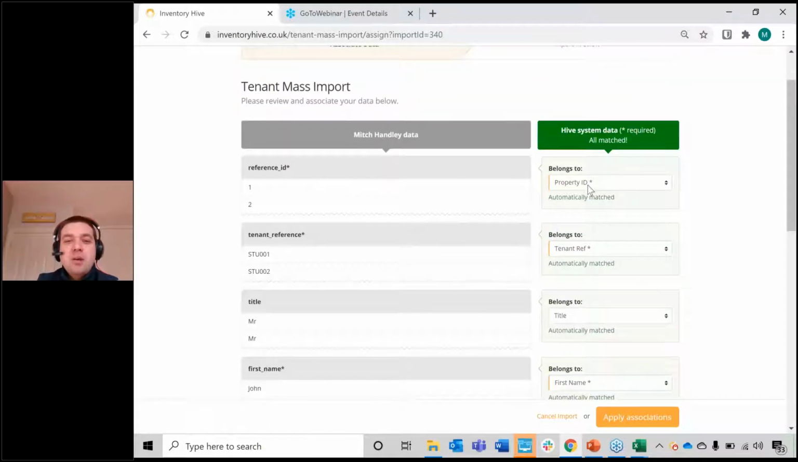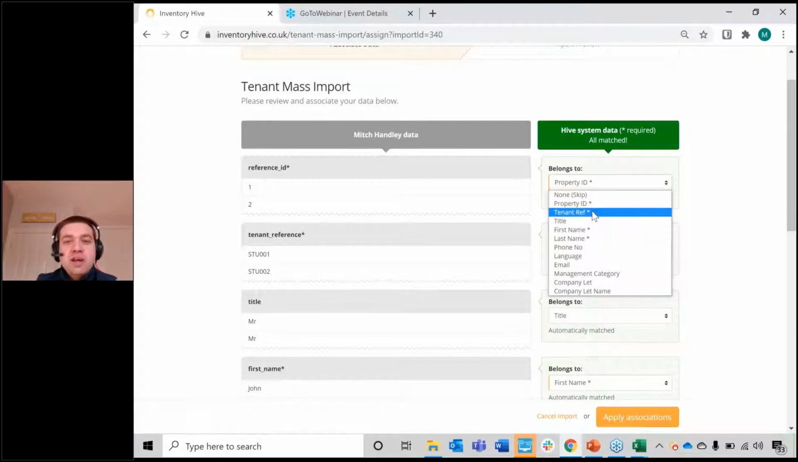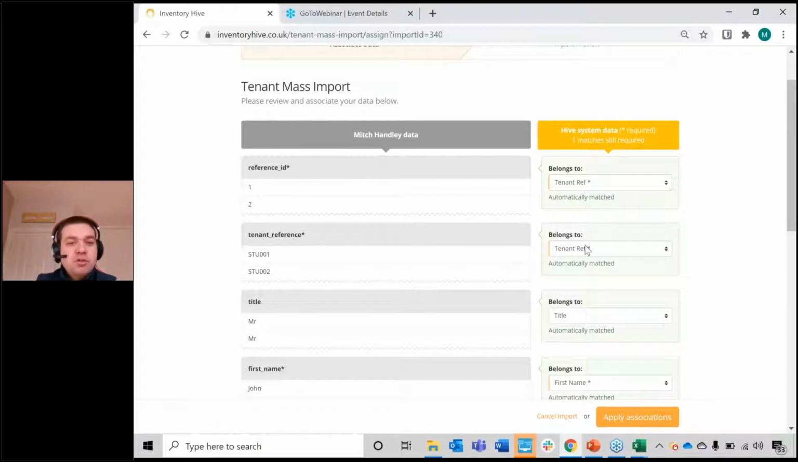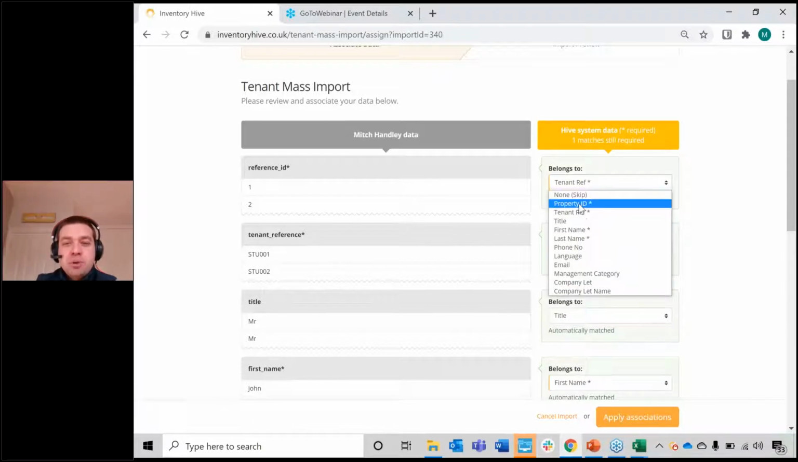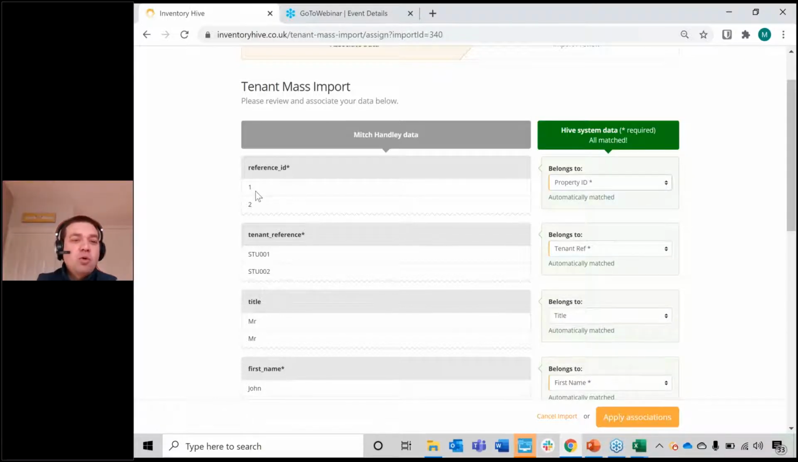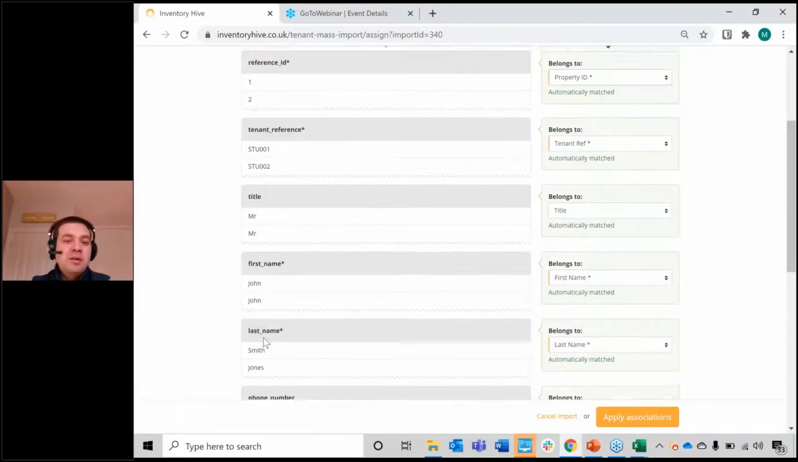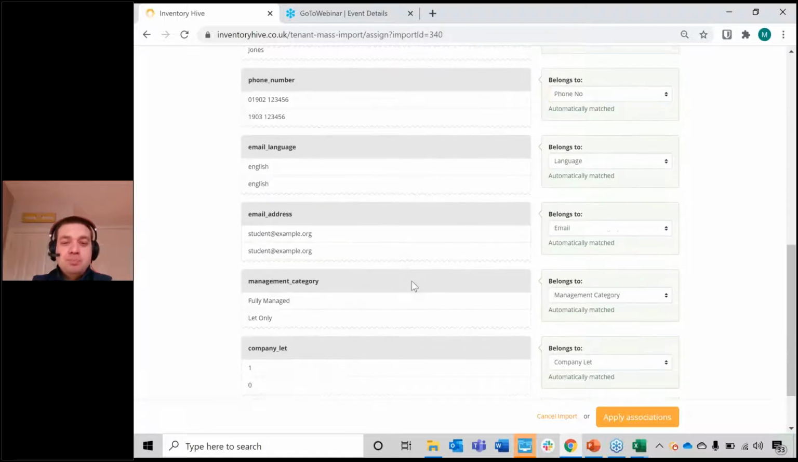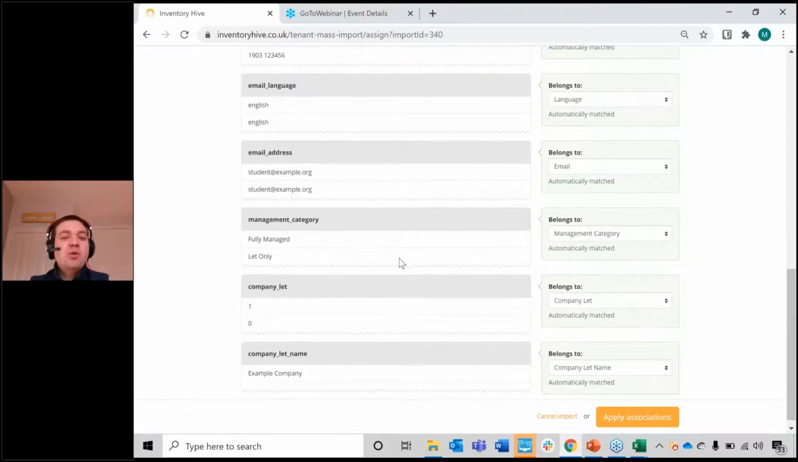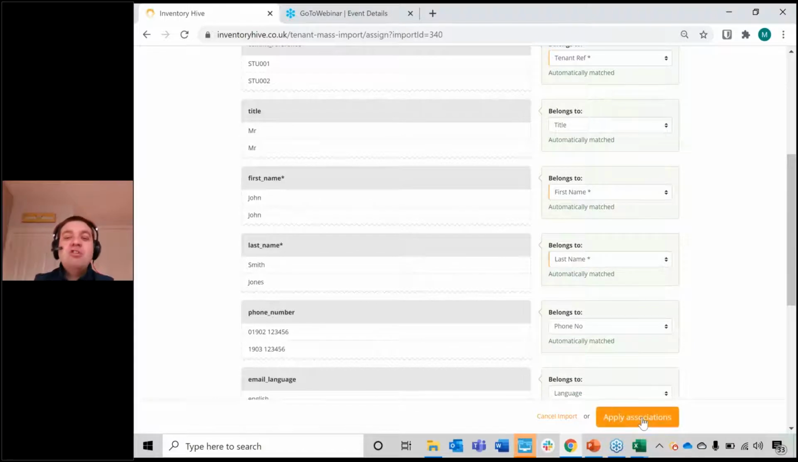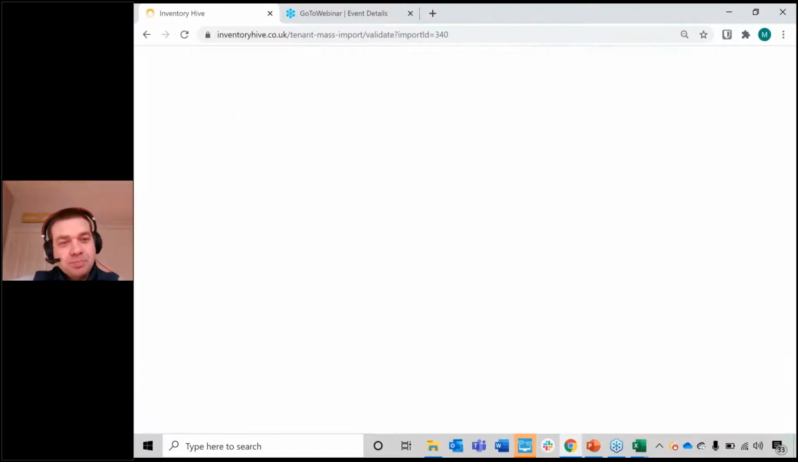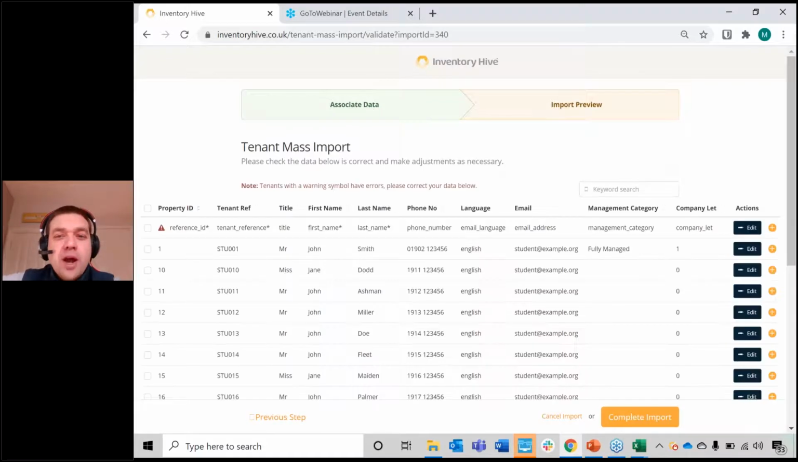Again, these should be filled out. So you've got your reference ID belongs to the tenant reference. You've got the, that's a tenant reference, and that is the property ID. So that's quite crucial to make sure the ID matches up to the relevant property. Again, just make sure these are all filled out correctly and they match up accordingly. For example, the last name matches up to the last name here, the phone numbers and the email. So make sure all of that information is filled out correctly. If you're happy with that, again, just click Apply Associations,